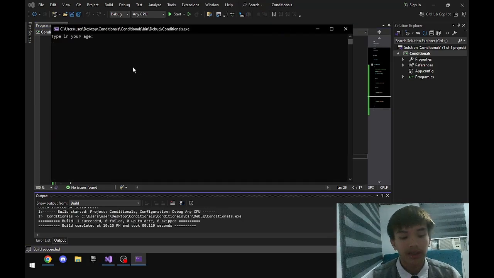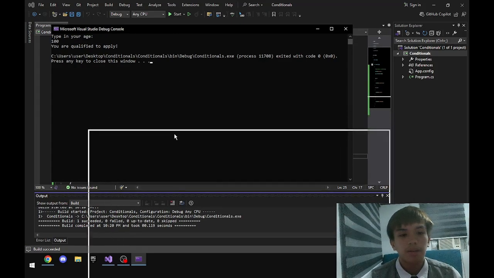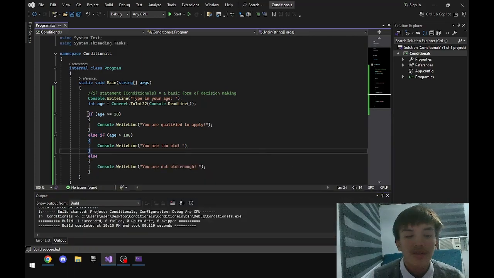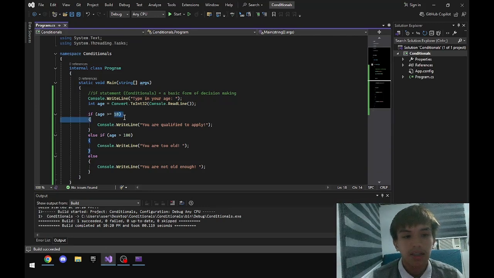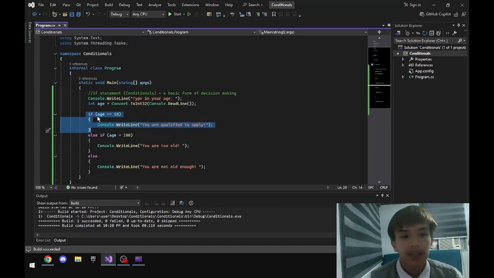So once we run this, it didn't pop up, because what happened here is, since 100 is still greater than or equal to 18, it ran this block of code. So once we typed 100, the program read it as true and ran this block of code and ignored everything else.